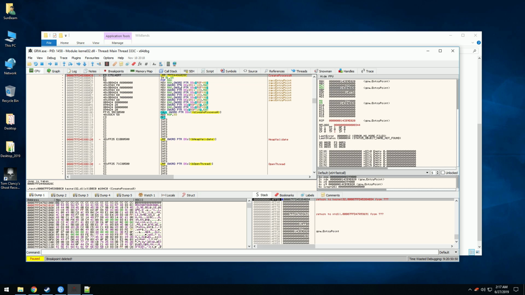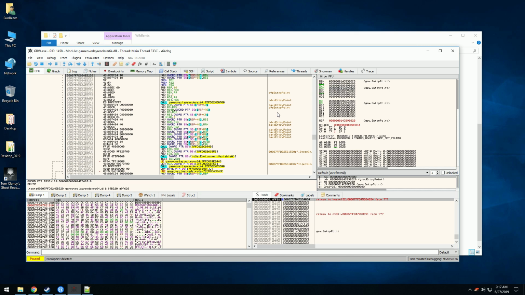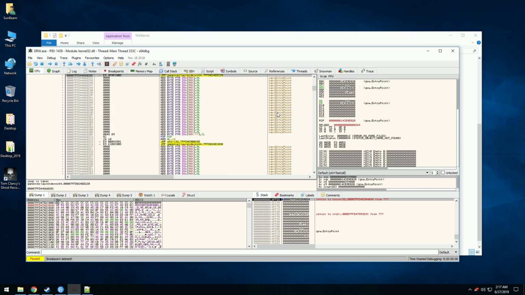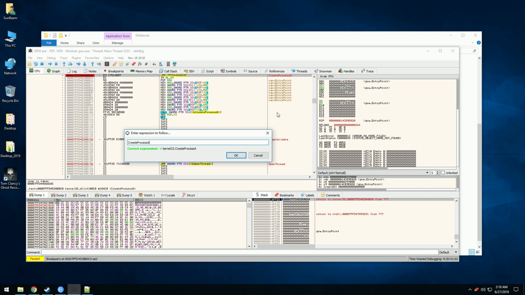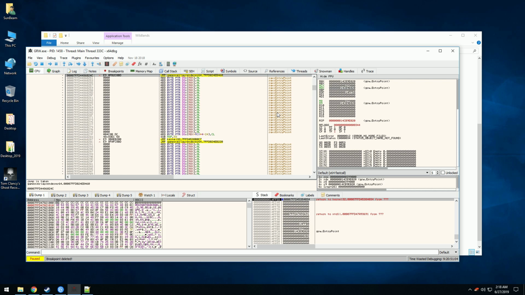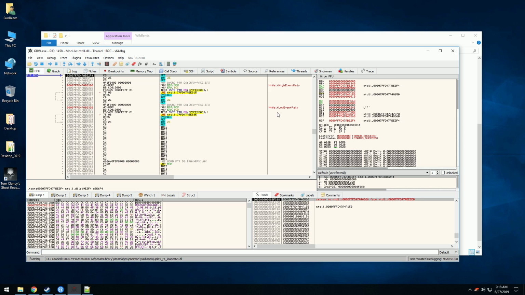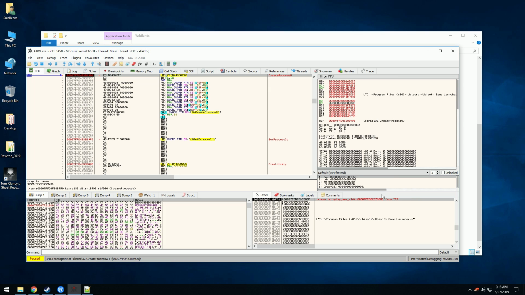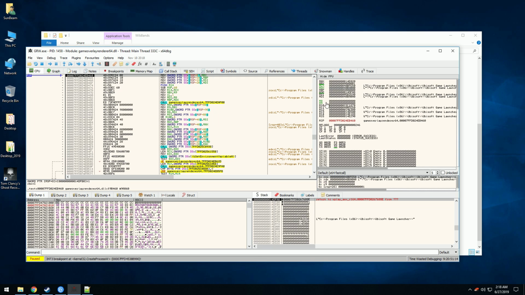Now, as you can see, create process A is already hooked by Steam. You can see it goes into game overlay renderer. This is a DLL from Steam. Doesn't matter, we still have the breakpoint set up here. We do the same for create process W, and then we run. And what happens next is Steam is going to run